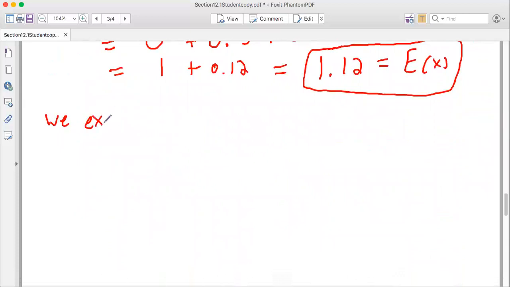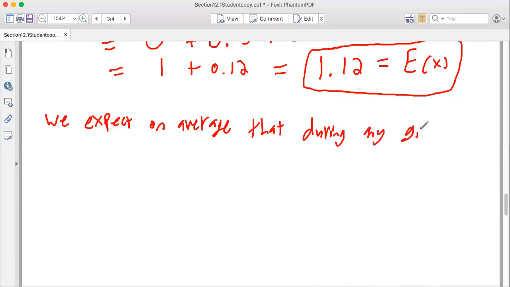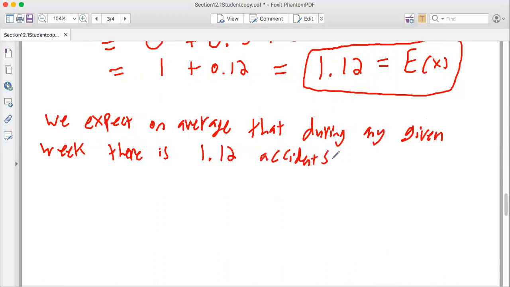We expect, on average, that during any given week, there is 1.12 accidents at this, we'll call it, because they refer to it as the busy, so we'll say at this busy intersection,